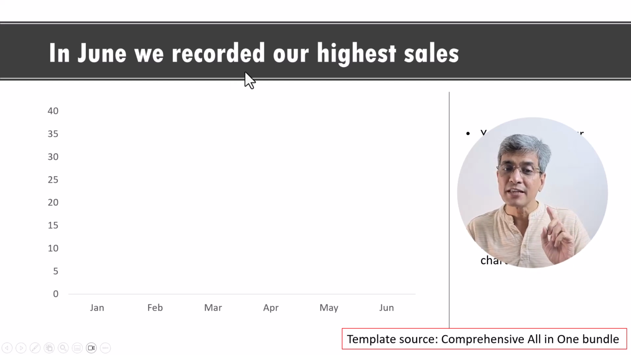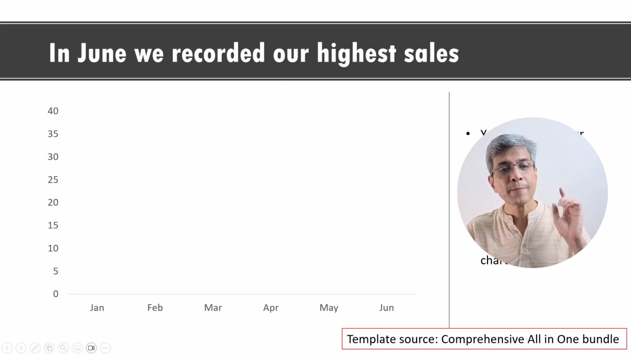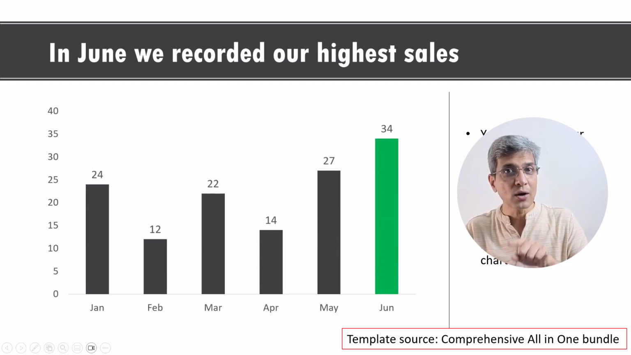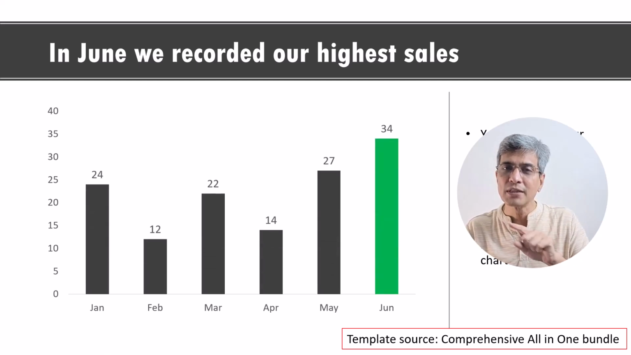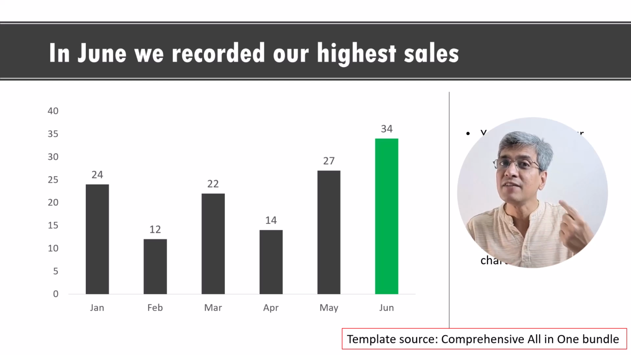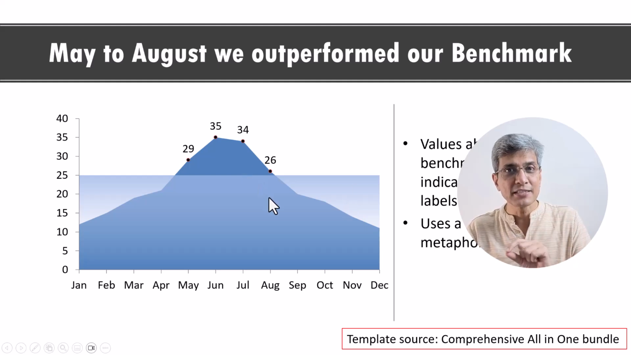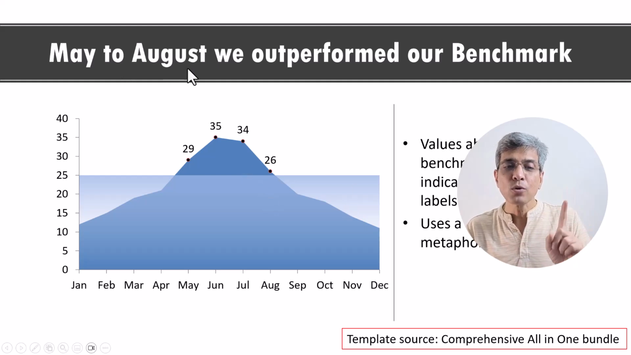Now, you can make this even better by using proper verbal cues to add to the explanation. For example, if I change the title from something generic to something like this, which says, in June, we recorded our highest sales, and then you point out the highest sales here with the difference in color, it makes it even easier for your audience to follow your cue. The same way, instead of just having a generic title, I can have this iceberg chart to have May to August, we outperformed our benchmark as our title